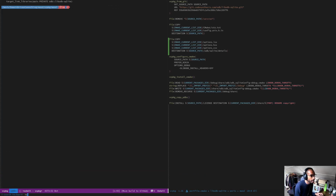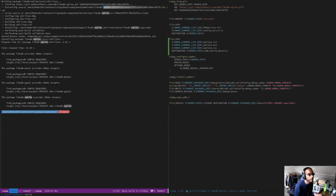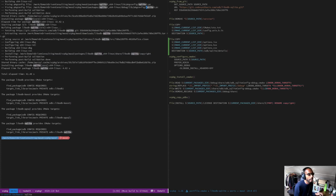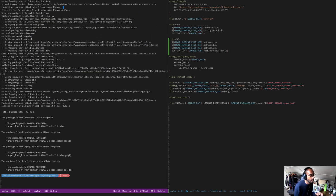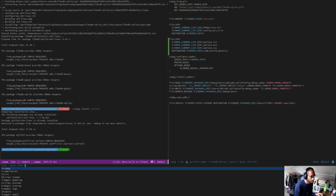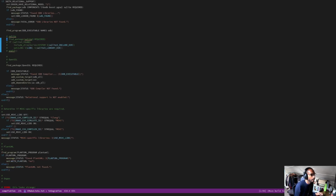I'm pretty sure that SQLite was installed in VC package. There you are, SQLite 3. So for a laugh, let's just install SQLite 3. Okay, seems like something happened here. Something to do with SQLite, so